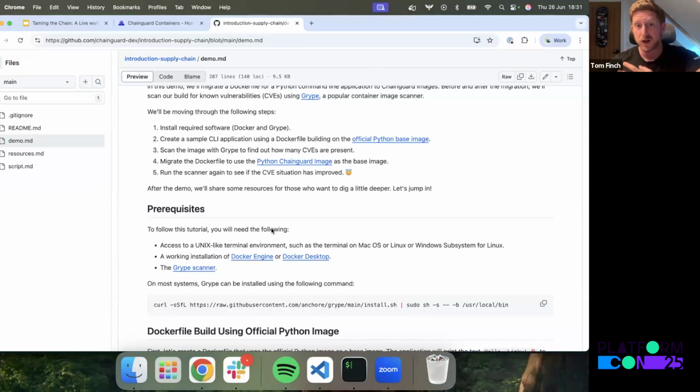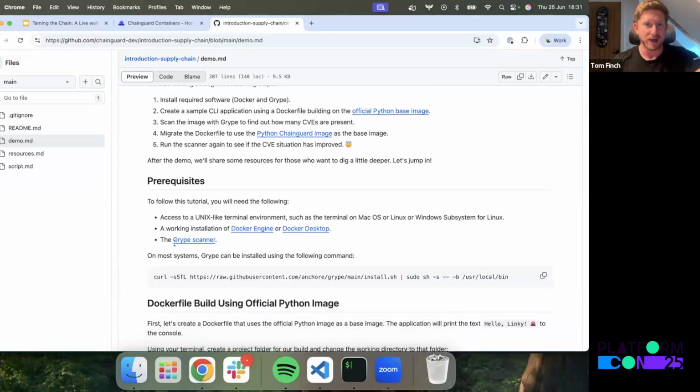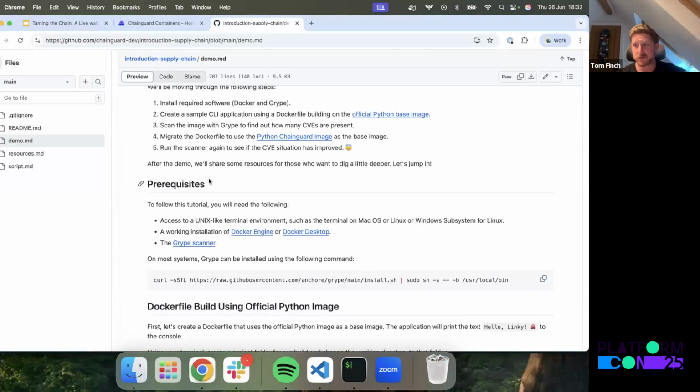So if you've got Docker, great. If you don't have Docker, the links here will get that up and running for you fairly quickly. And we're also going to use one of those scanners that Adrian just mentioned, the Grype scanner. If you've got Trivy, that's fine. You can use Trivy. If you've got another scanner that you use, maybe a Twistlock, a Wiz, a Snyk, an Orca, who knows what, feel free to give that a go as well, because the whole beauty of this is